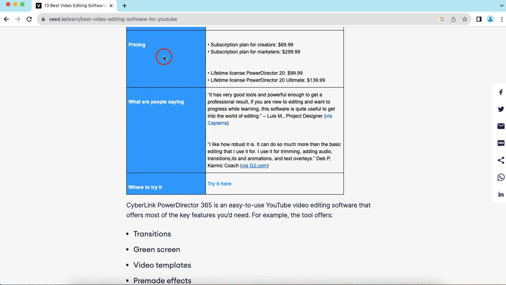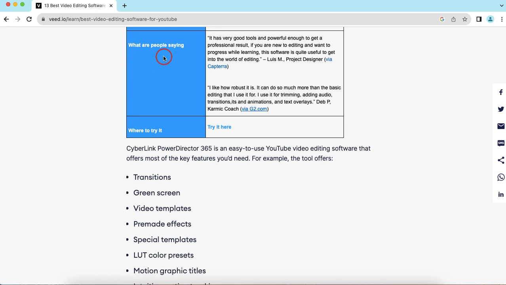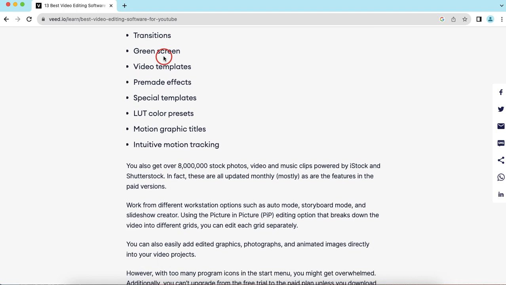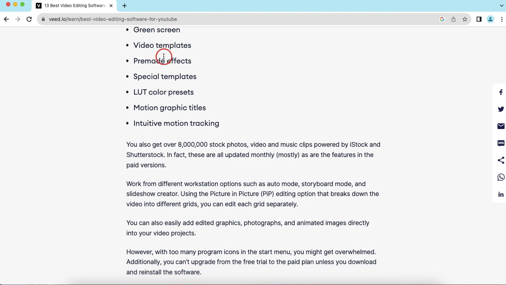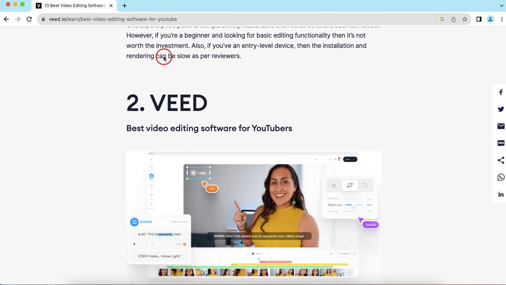And if you are good enough to get professional results, you can edit. PowerDirector has transitions, green screen, video templates, prepaid effects, special templates, UI color, motion, titles, and the second one is